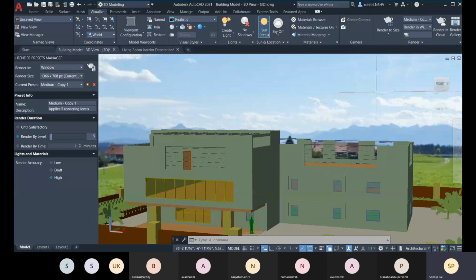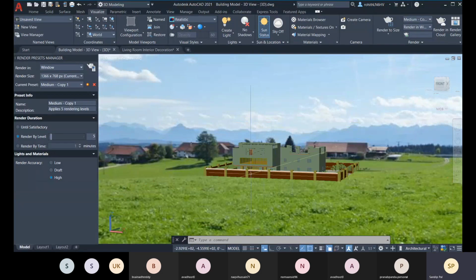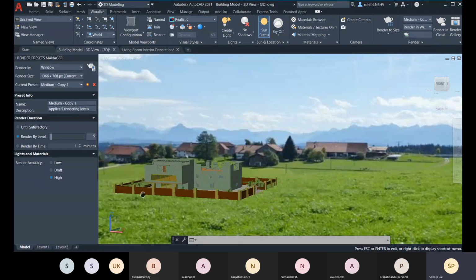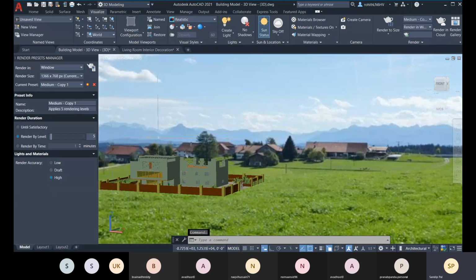Okay, sir, hello, yes. Can you please show how to scale this if you need it smaller in size? Scale the background? No, sir, this model. You said custom sizing, render size. Yes, you are zooming it, and as per that you were placing it here.